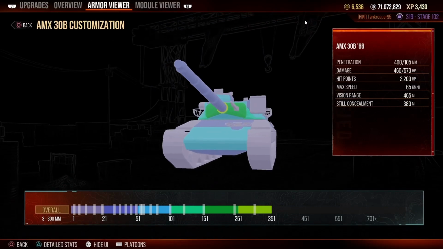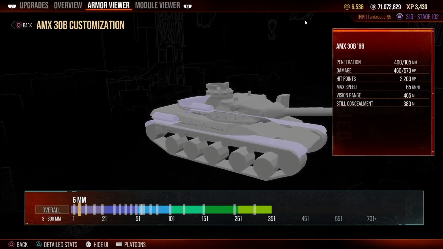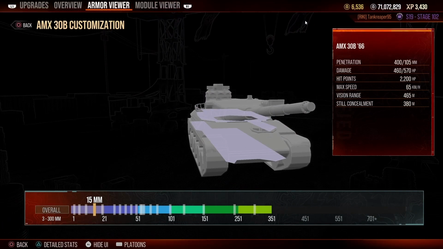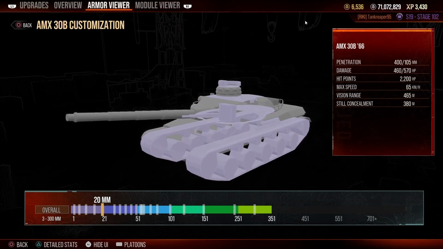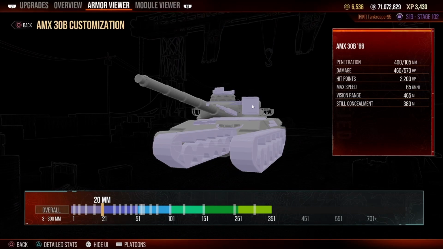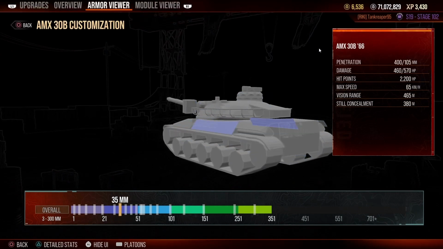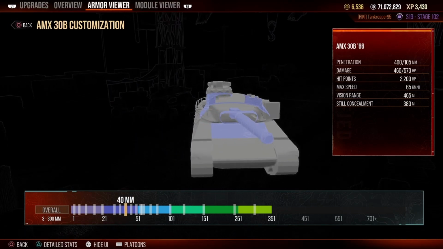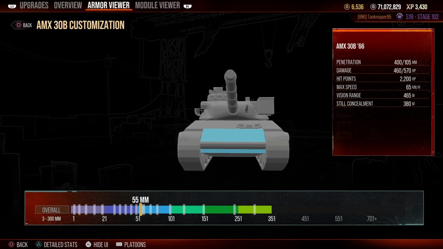Well, it's a little bit different than the previous tanks, so let's talk about it. We've got 3 millimeters thickness of armor, 6, 10, and also 15 in these plates, 20. Which actually, I'm surprised that this thing right here is 20, but I mean, it probably should be, after all. We've got 30, 35, 40, 45, which is the forehead, 50, 55,